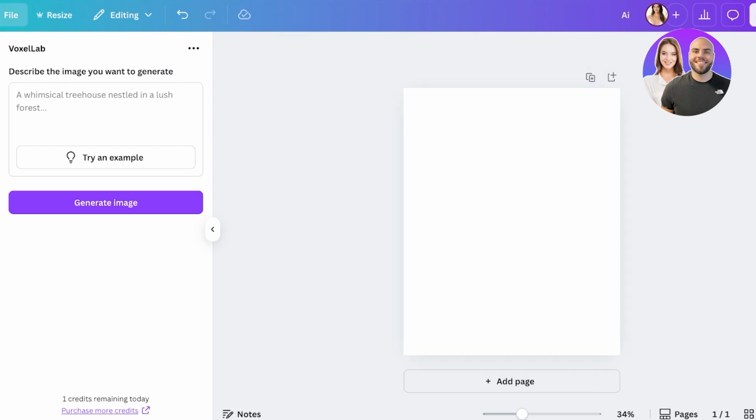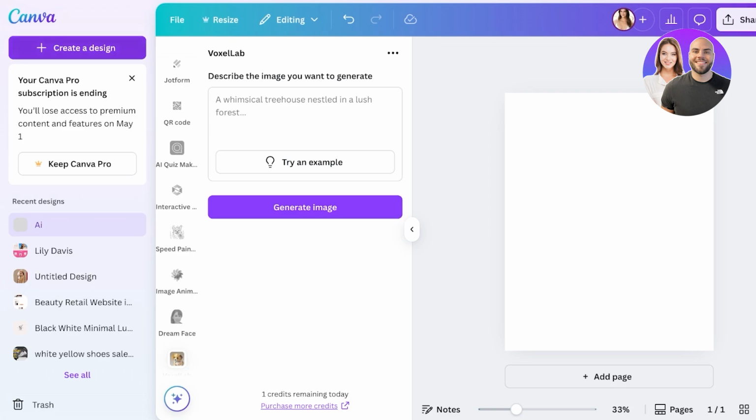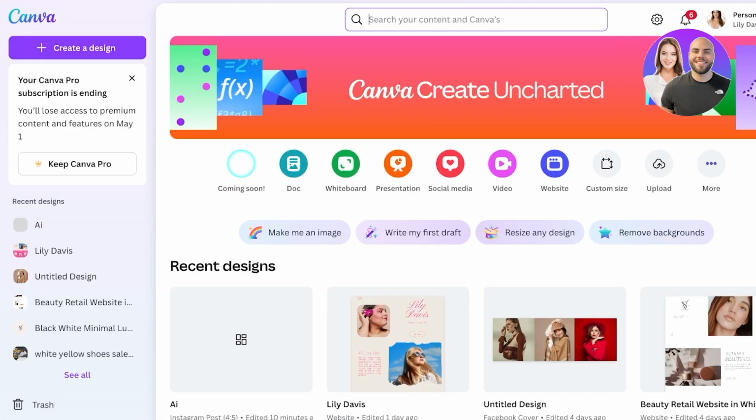So I hope you guys found this video helpful and you are now able to use Canva's AI image generating